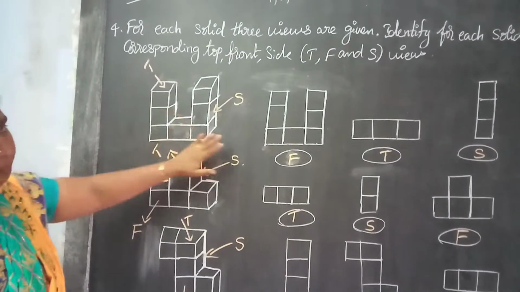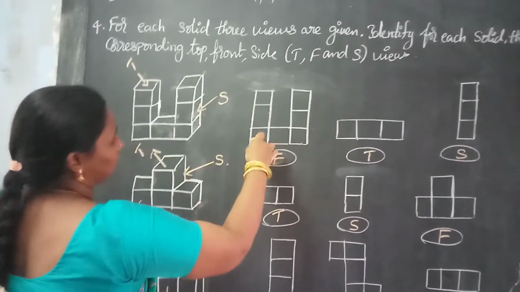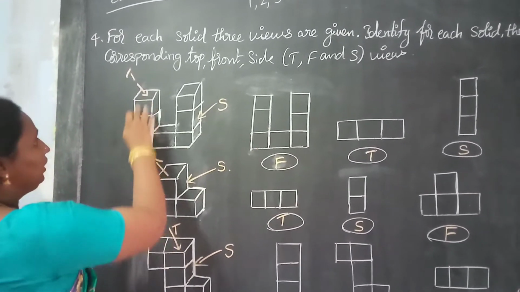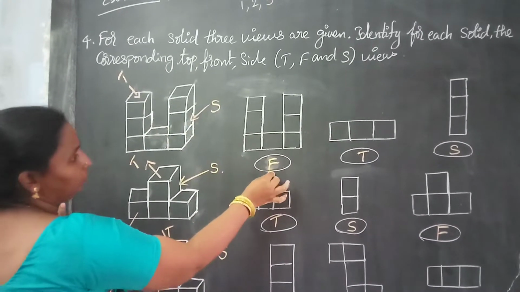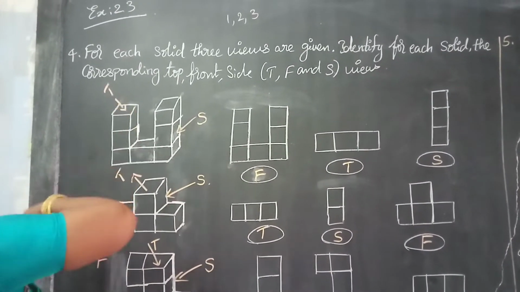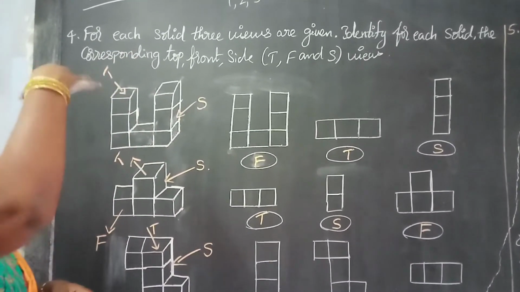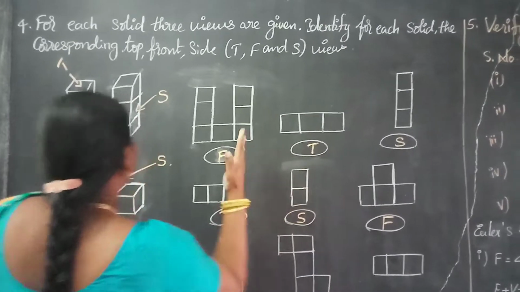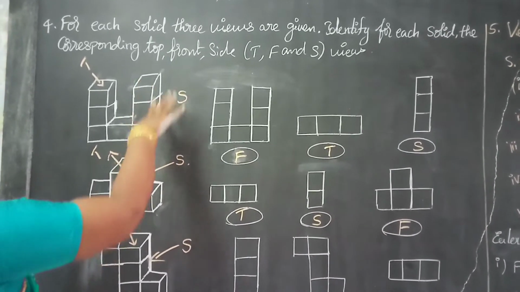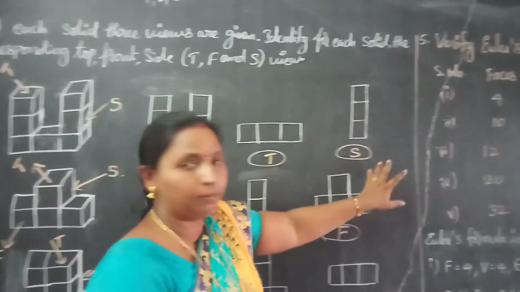Okay. See this solid picture they have given. So first one, see this, in the shape, how many squares are there? 3, 4, 5, 6. Okay. 7 squares are there. This will be the front view, so I have to write F. Next, we have 3 squares. Now if you see the top view, this square and this one, 3 squares will be there when you look at the top view. So okay, this will be the top view. Side view, if you see inside, how many cubes are there? 1, 2, 3. So you have to write the side view as 3 squares. Okay, these 3 squares will be the side view.